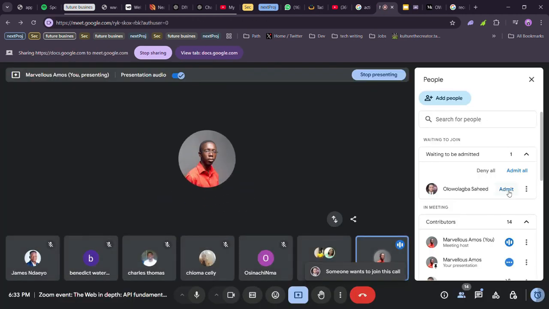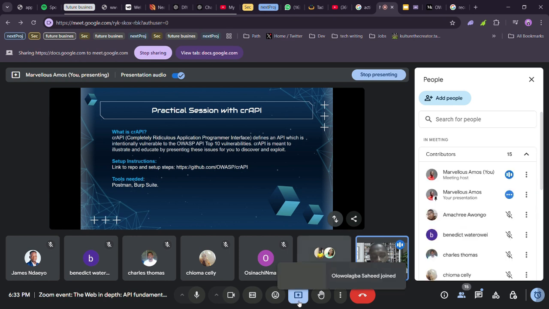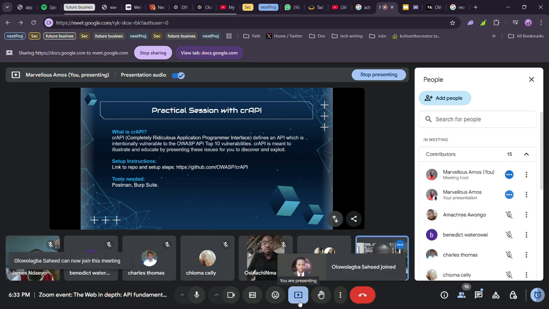I will send a link to the group that contains documentation on how to install the CrapEye API. Or if that is too difficult, the CrapEye API is also hosted by the OWASP community. So you can access it by just typing